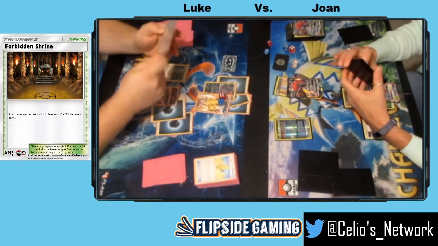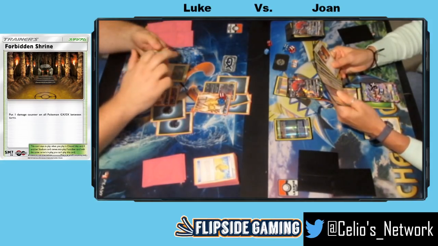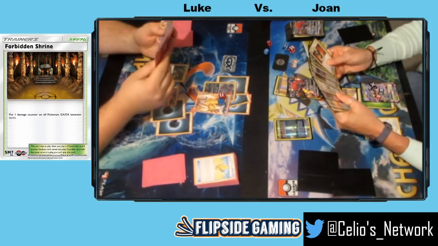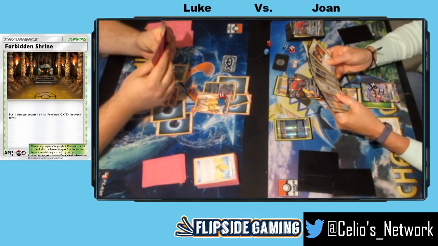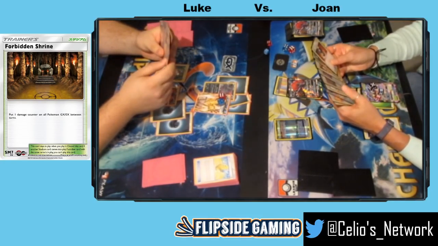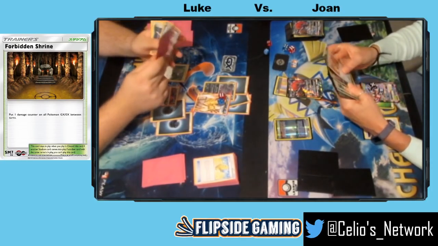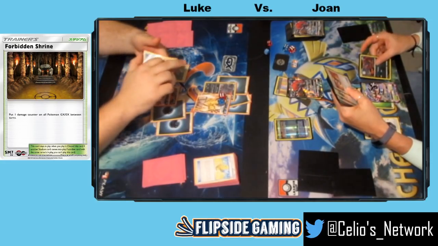So I have another Yveltal Break almost set up on the bench that I'm just kind of doing in the background there while swinging Baleful Knight. She's going to kill this Yveltal Break, but the one on the bench can only take one more hit. It's already pretty heavily damaged with 100, I believe. So Riotous Beating on the active,